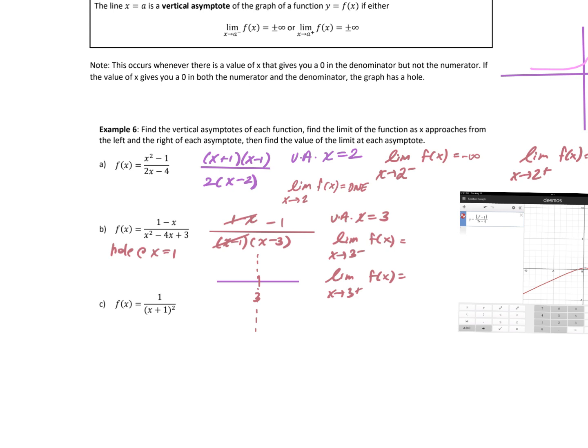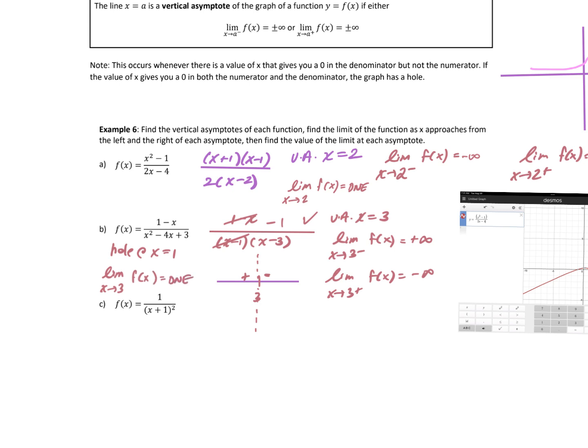And then I'm going to pick something real close to 3, both on the right and the left-hand side. I don't remember exactly what I chose, but you can plug into this function here. If I plug in 3.1, it's going to be positive on the bottom and the top is negative, so it's negative. If I plug in 2.9, it's going to be a negative and a negative to get a positive. So that tells me from the left, it's going to be positive infinity. And from the right is negative infinity, which means the limit as x goes to 3 of f of x does not